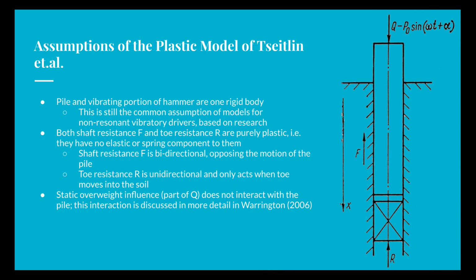There are some assumptions that are important. First, the pile and the vibrating portion of the hammer are one rigid body. And this is still a common assumption for models for non-resonant vibratory drivers. Second, both the shaft resistance and the toe resistance are purely plastic, which means they have no elastic or spring component to them. The shaft resistance is bidirectional, which opposes the motion of the pile, and the toe resistance is unidirectional. It only acts when the pile moves into the toe soil, that block with an X in it at the